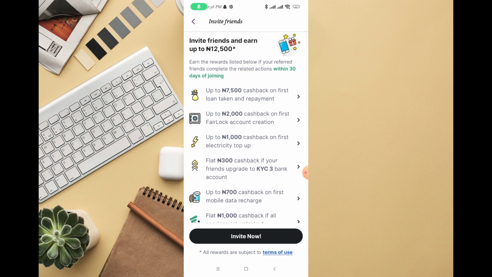You can see invite friend and earn up to 12,500 naira, and they also explain how you can earn up to that. The rewards listed below apply if your referred friend completes the related action within 30 days of joining. The first one is 7,500 cash back on first loan take and repayment, the second is up to 2,000 naira cash back on first FairLock account creation, the third is up to 1,000 naira cash back on first electricity top up, and the next one is a flat 200 naira cash back